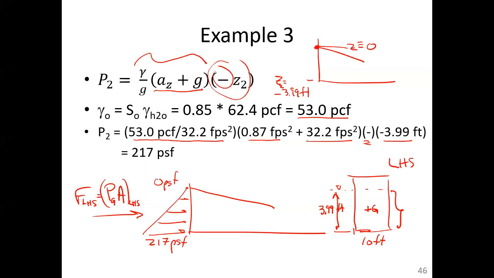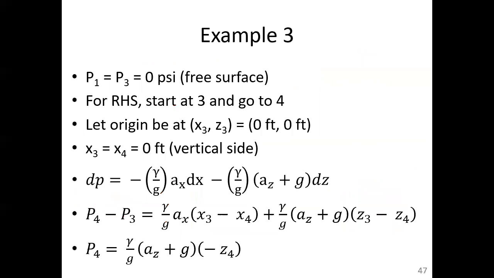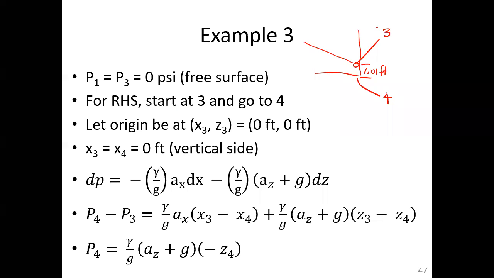Okay, so we're going to go from the left-hand side to the right-hand side. And on the right-hand side, we've got 1.01 foot depth of oil. And we called point 3 and point 4, respectively, the fluid surface on the right-hand side, and point 4 was at the bottom of the fluid surface on the right-hand side. 4.3